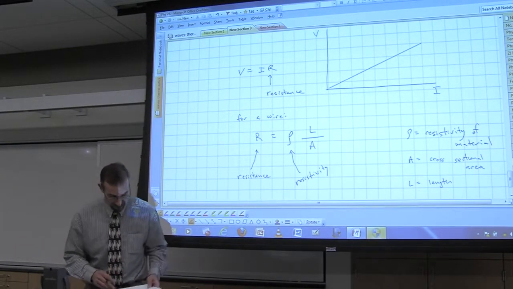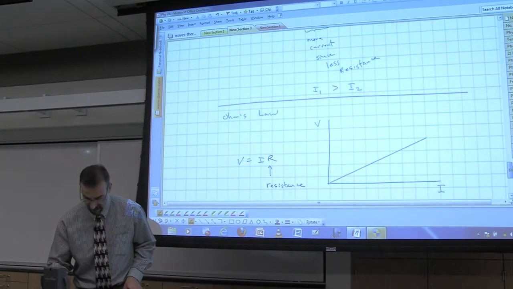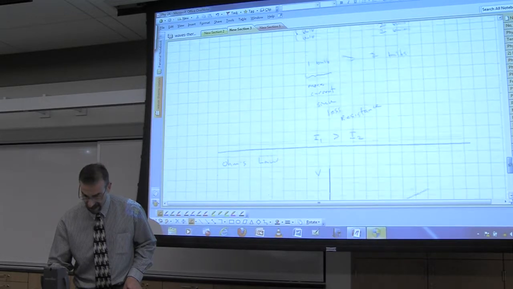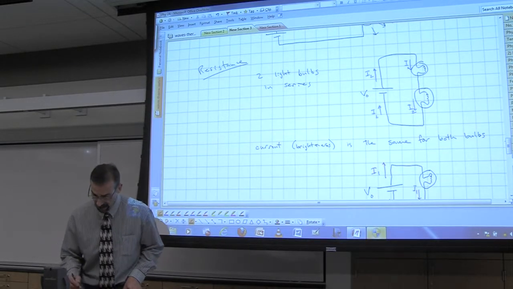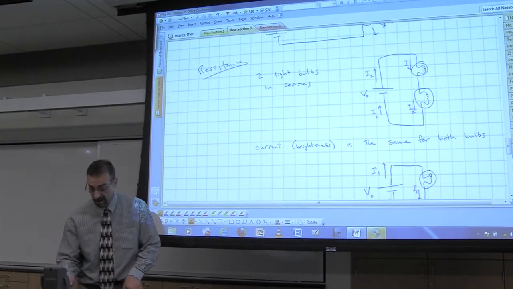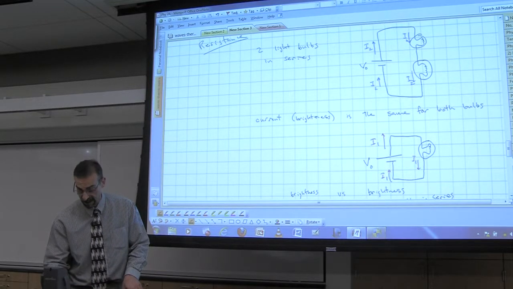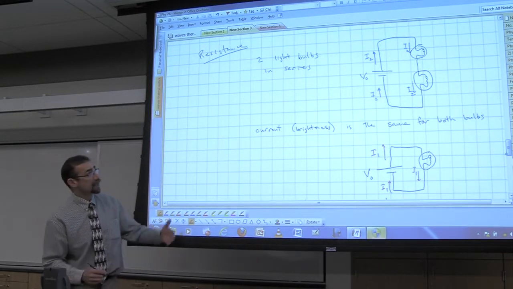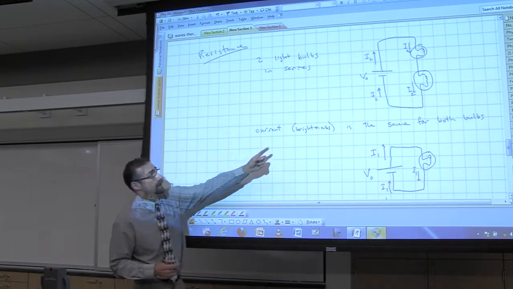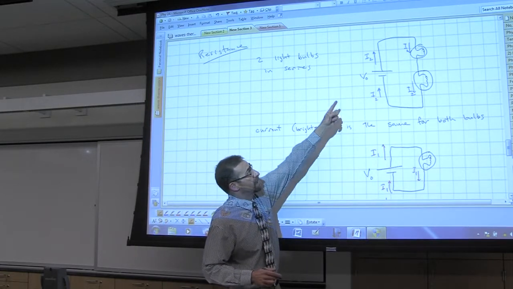All right, let's go back to this. So we've introduced Ohm's law, V equals IR. We'll use that a lot. And we've talked about current, the fact that the current everywhere in this simple circuit was the same. And the reason it was the same is because these devices were hooked up in series with each other. If the current doesn't get used up, and there are no forks in the road, right? Then the current has to be the same everywhere